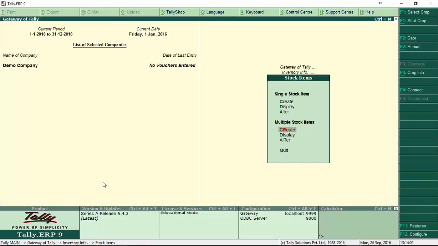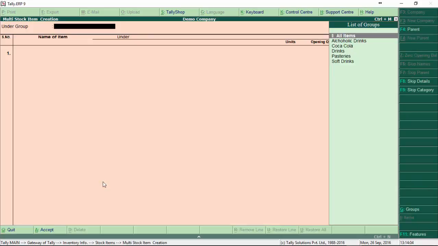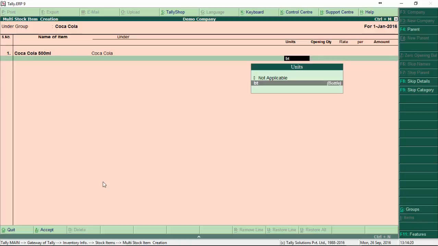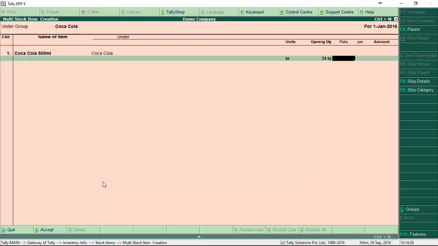The same way you can create multiple stock items. So maybe I want to create stock items under Coca-Cola. I have created 300 ml. I want to do Coca-Cola 500 ml, and the unit is bottle. Do you have an opening balance? Yes, maybe I also have 24. Here the rate is 1.5,